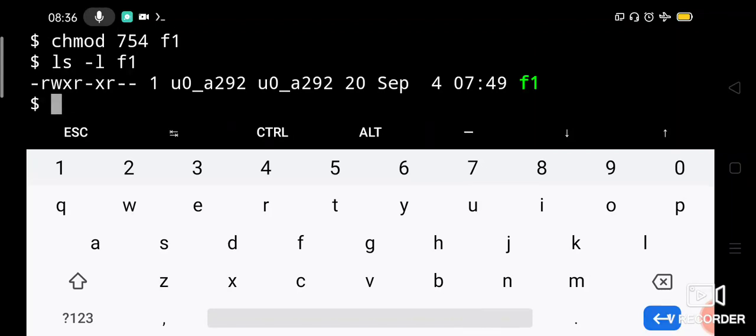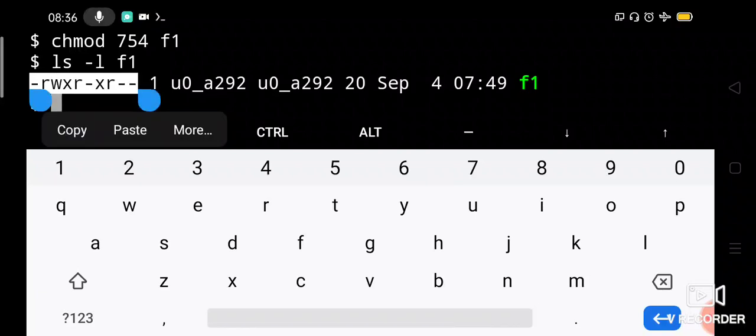Here you can see in the permission string, all permissions to the user, read and execute permission to the group, and only read permission for the others. So this is how you can change the permissions for files using the absolute method. And you should be careful while giving the permissions 000 and 777.